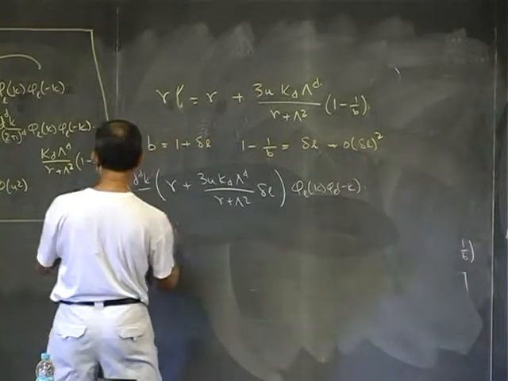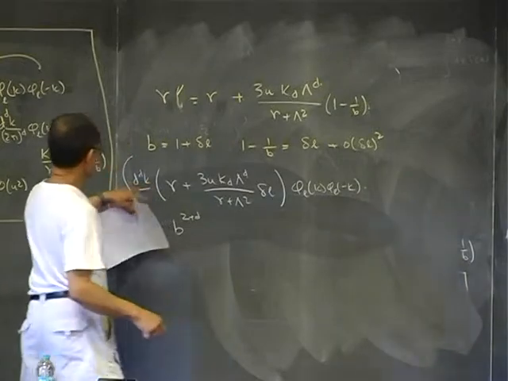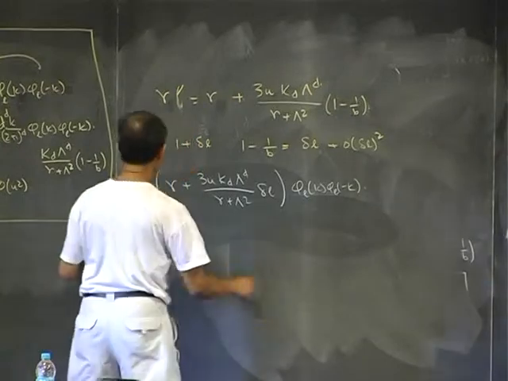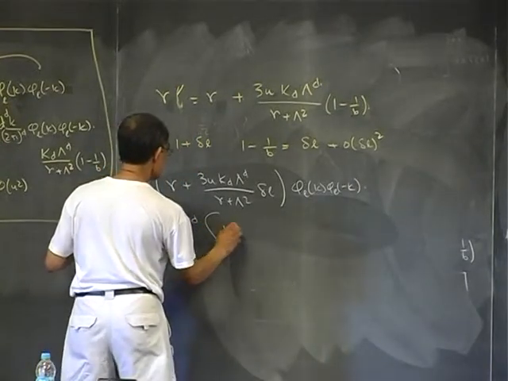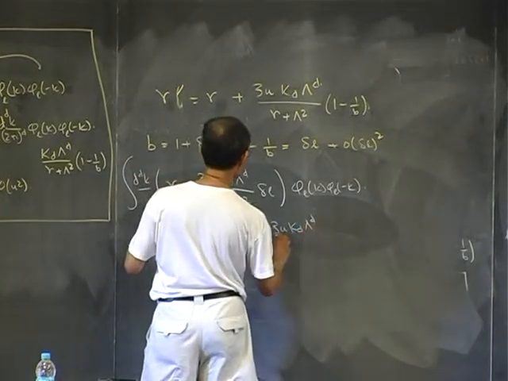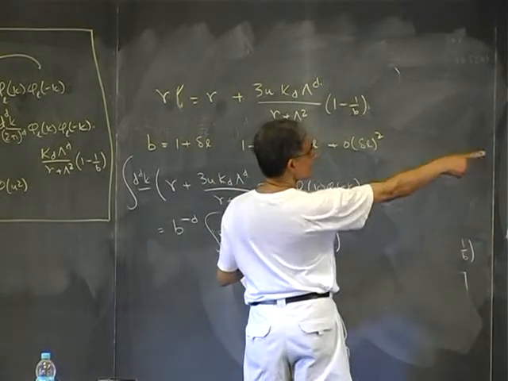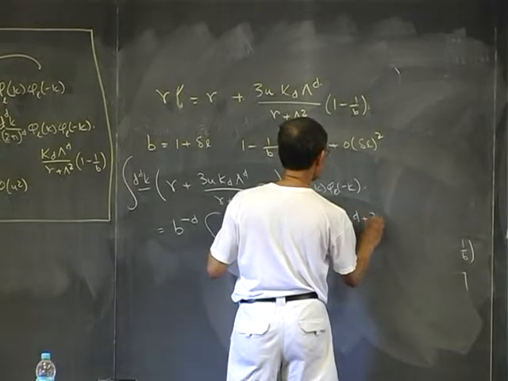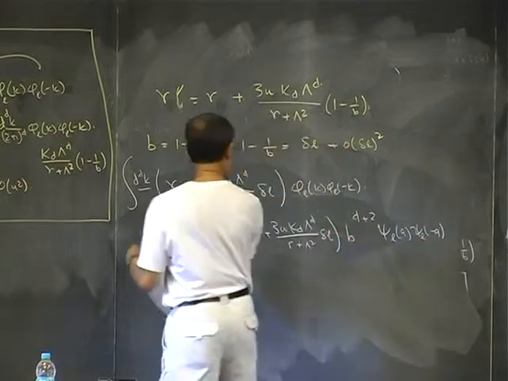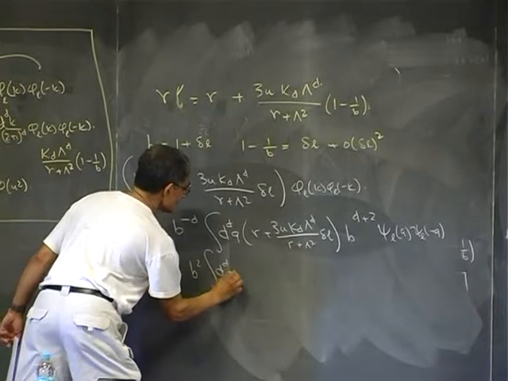K going to q brings in a factor, which is b raised to the power d, ddq R plus 3u kd lambda to the d R plus lambda square delta L. Phi L I now write in terms of this thing, d by 2 psi L of q psi L of minus q. So these various factors of d and this thing comes down to become d square b dq